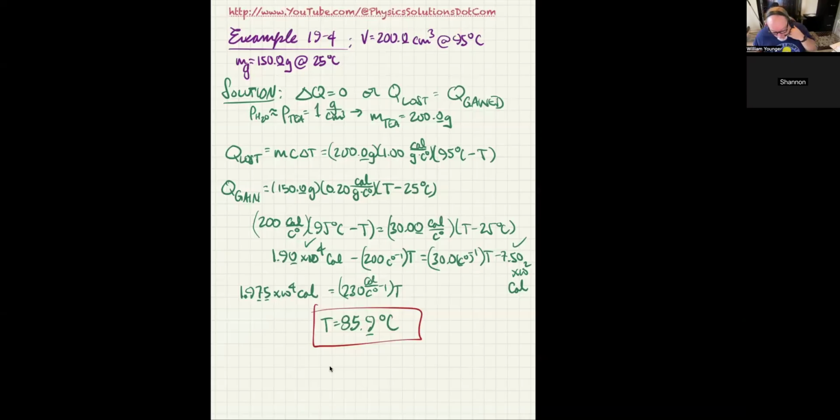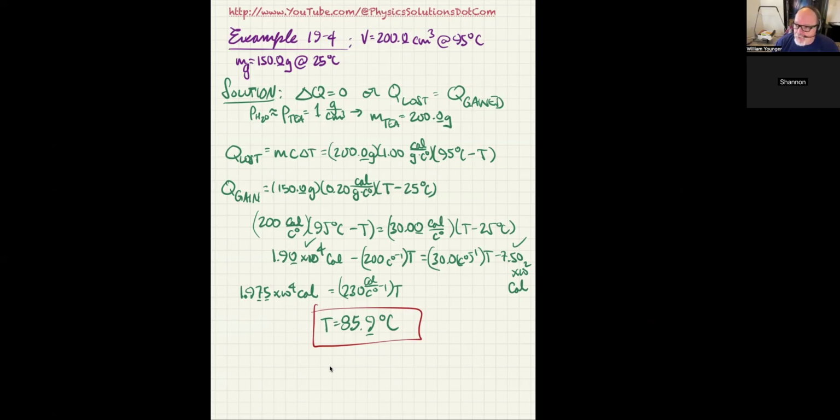Okay. I just want to remind you, when you do Q loss equals Q gain, all the terms are supposed to be positive. You also have to pay close attention, and this is the whole reason that I do Q gained equals Q loss. If you do the delta Q equals 0, we're going to learn that there's what we call a heat of vaporization, a heat of fusion, and that sort of thing. Those latent heats have associated with them specific signs that you got to remember. And in the heat of an exam, I often found that students, including myself, would get a little bit confused and get mixed up as to whether the sign's positive or negative. So rather than memorizing all that, I just did everything as Q lost equals Q gained.